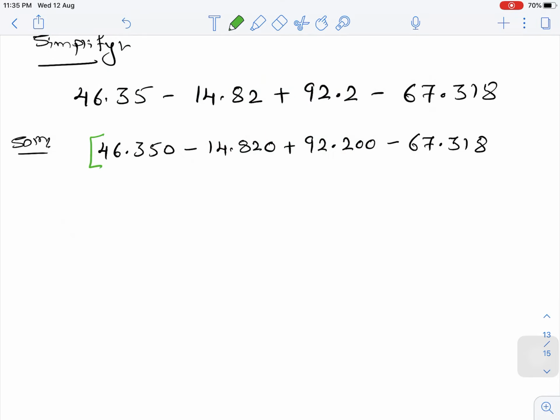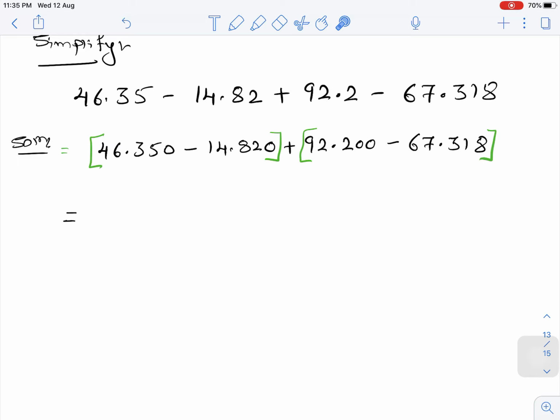Now it is better to group these numbers, so for our convenience, we are going to write them in brackets, okay. So now equals to, first we will do subtraction of these two numbers, and then we will do subtraction of these two numbers, okay. So first the subtraction we are going to do is 46.350 minus